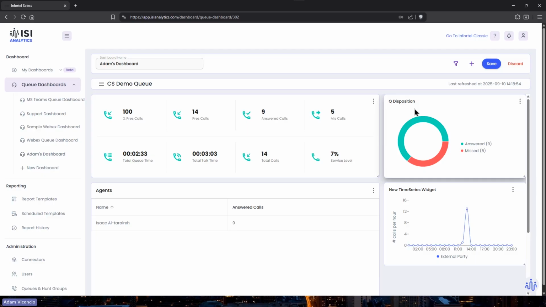Save that, and that changes the metric so you can see answered and missed. You're also going to see that little hand icon shows up for these. If I click on this, it will drill in and show you the 9 answered, and then it goes even further and shows completed by agent, transferred to party. And then you can either go back one previous level, or I can exit the preview and just go back to the default. Okay.